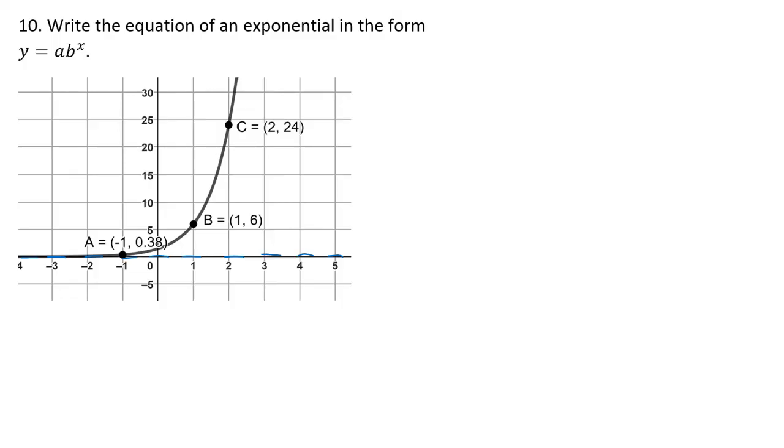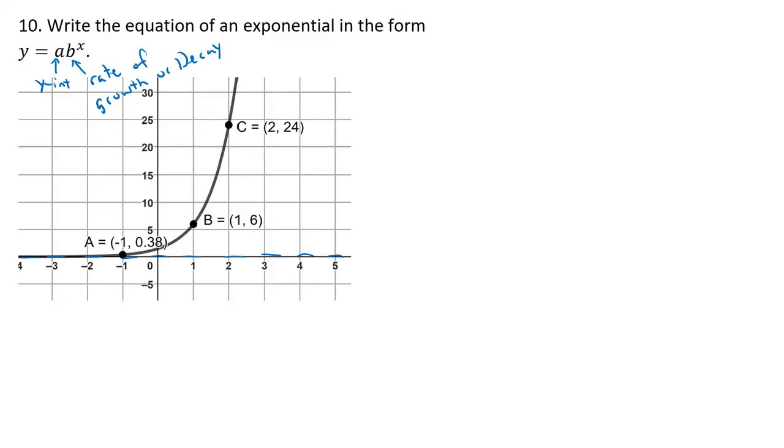Now, as a reminder, a is your y-intercept, and b is the rate of growth or decay. Now, looking at this particular graph, this is a growth graph. It starts small and gets bigger and bigger and bigger. But we need to figure out what that number is. So to do that,